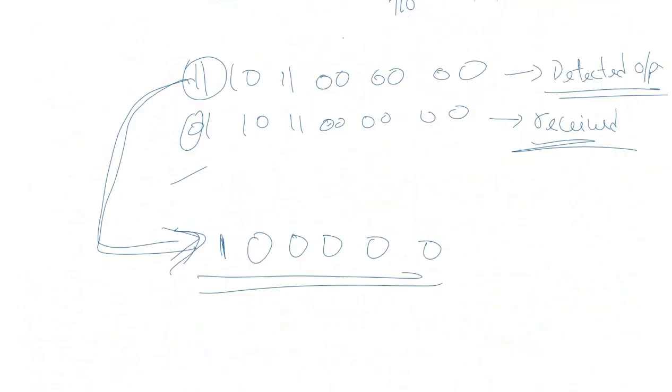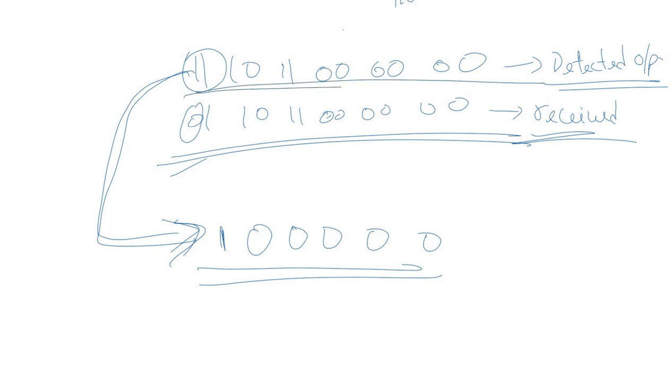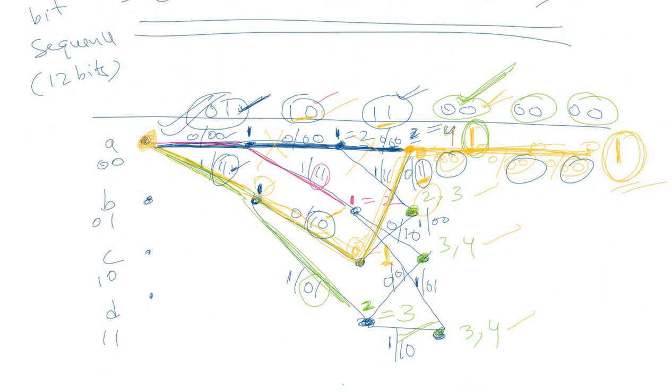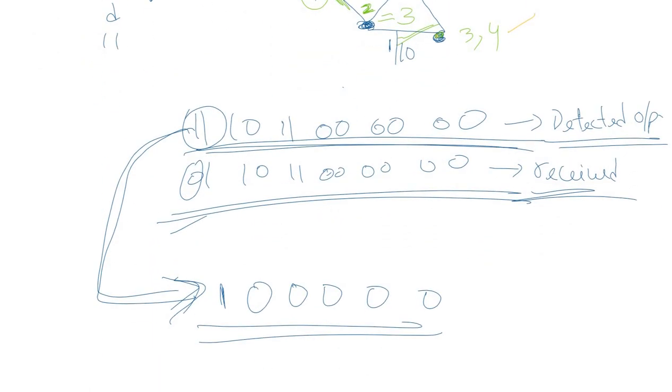So although this was the received bit sequence as per this question, the detected output sequence will be this as per the Viterbi algorithm, and you can clearly see that the number of computations required for this Viterbi algorithm is much less here. We just need to find out the best possible path with minimum Hamming distance with the code word. That is the concept of this Viterbi algorithm. Okay, I hope you understood the concept of decoding of the convolutional code using the Viterbi algorithm. Thank you.